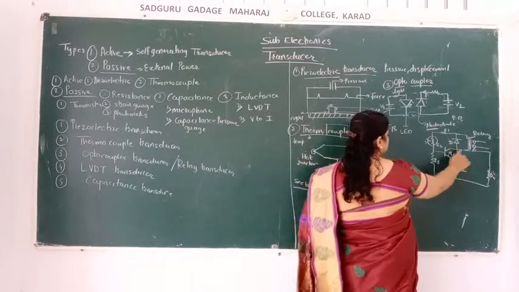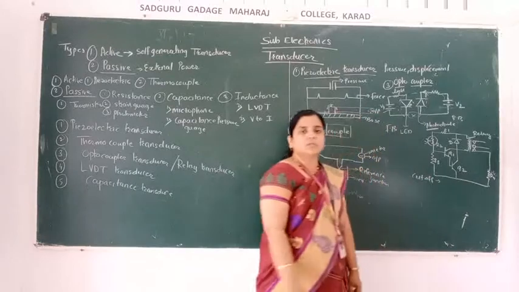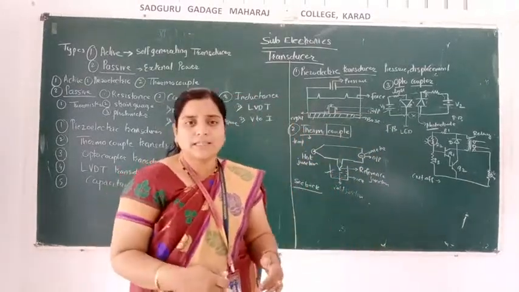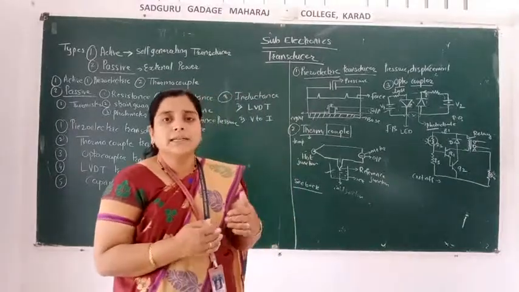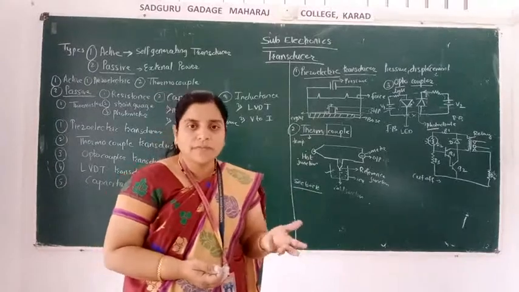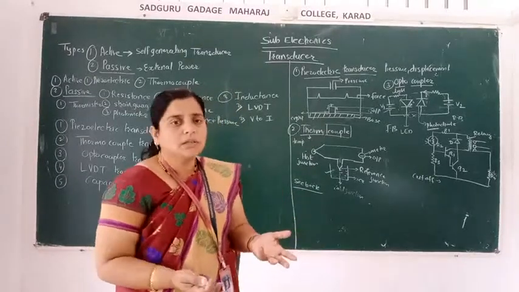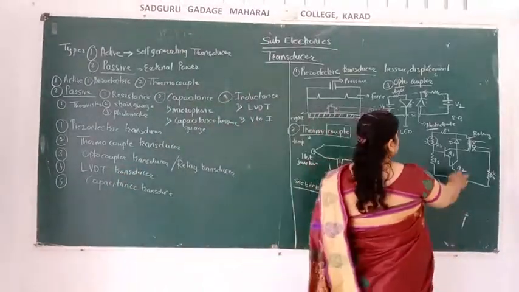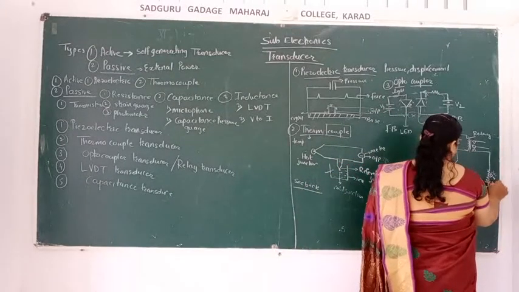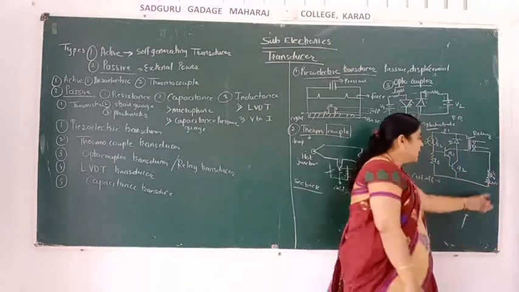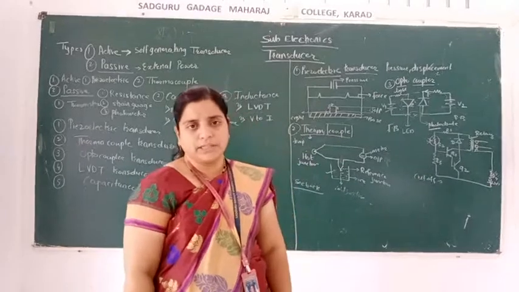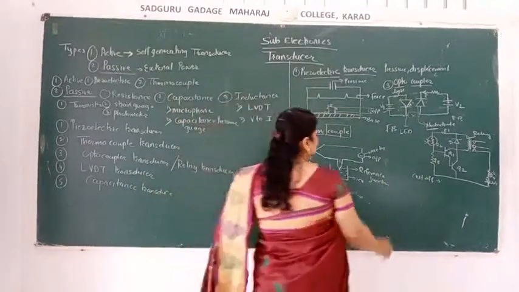Then what happens? There is no current flow through the relay, and the relay will not operate because it will be in a de-energized condition. Means what? It will be deactivated. So if it is deactivated, no current will flow, no voltage will flow. It will not start. And the one LED that we have connected here will also not glow. This LED is used only to indicate whether the relay is in the on or off condition. Okay, so this is one condition.